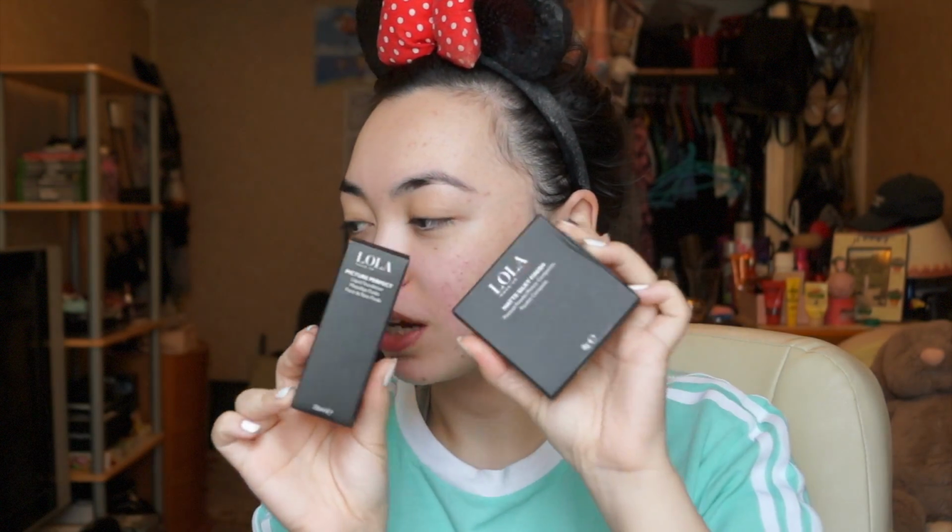So today I'm going to use these two products, which are the Lola Makeup Matte Silky Finish Pressed Powder and the Picture Perfect Liquid Foundation. Now I've got these for the month of August, so I'm just going to base everything around these two products today. I just wanted to see how it would apply and how it would look, because when I get foundations off the internet,